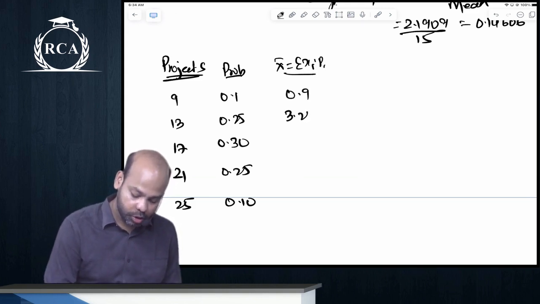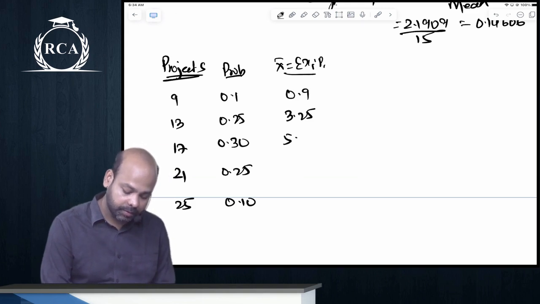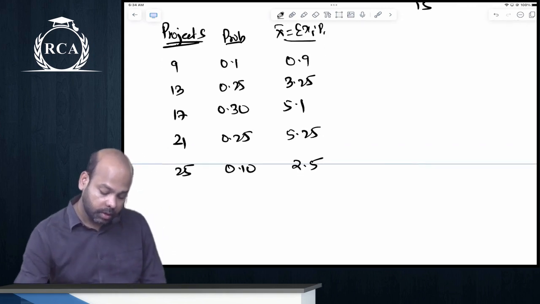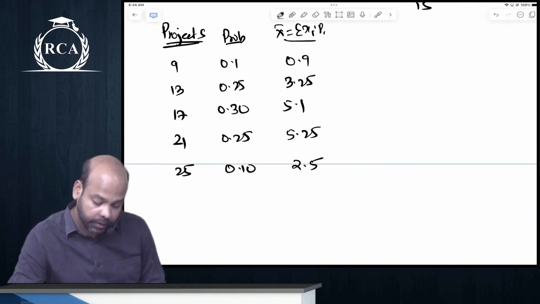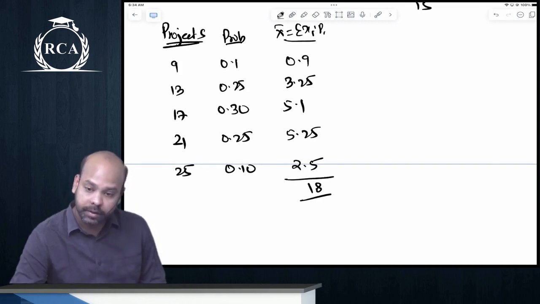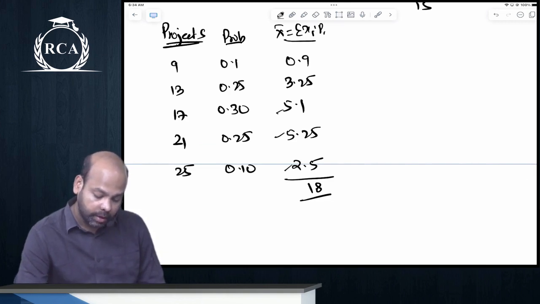थर्टीन मतलब 3.25, 17 मतलब 5.1, 21 मतलब 5.25, 10, 13.85, 16.85, 16.9, 17.1, 18. हाँ, 10, 12, 12.85, 15. हाँ,